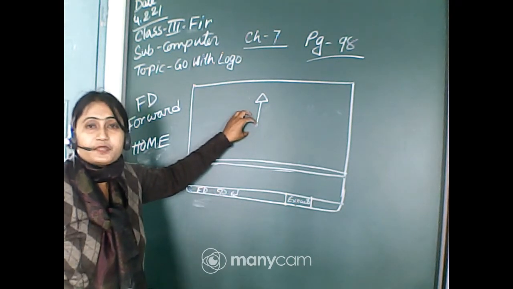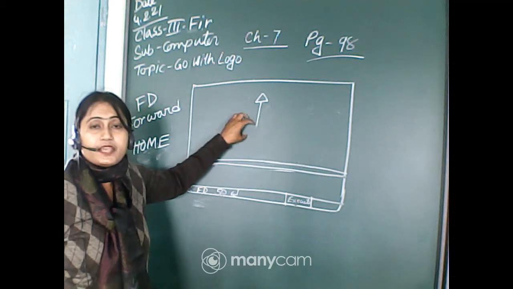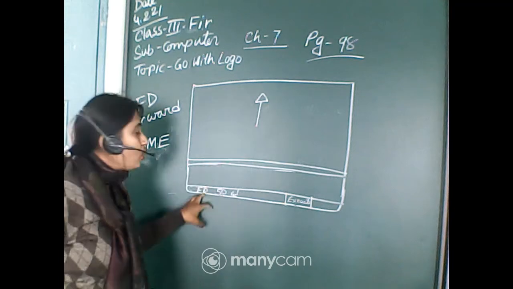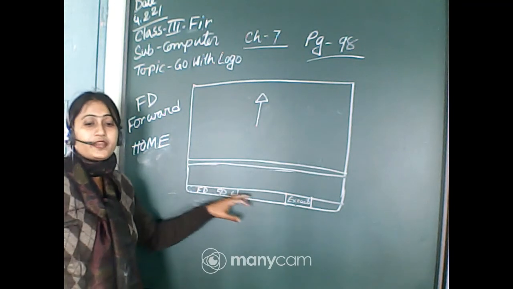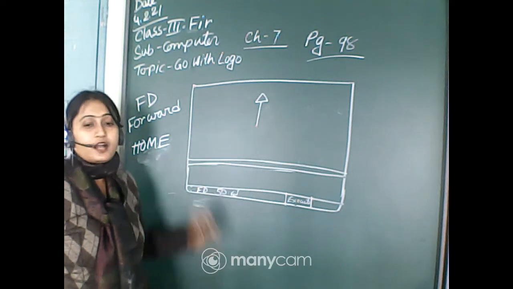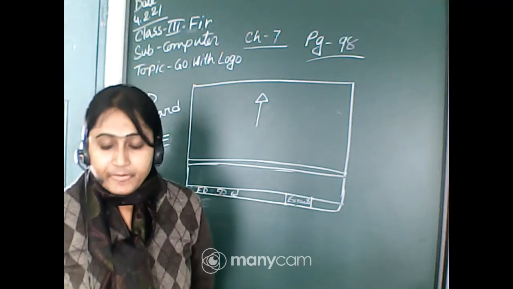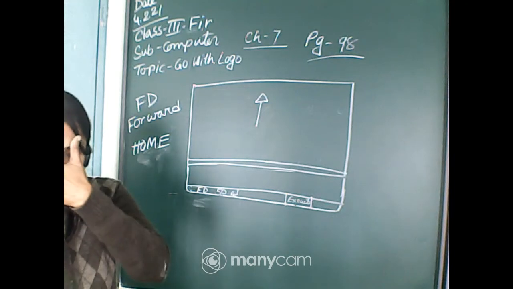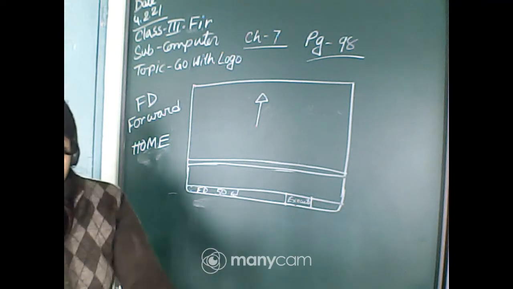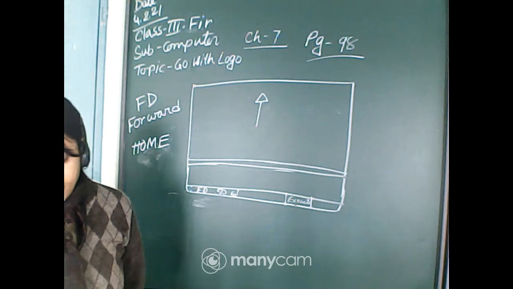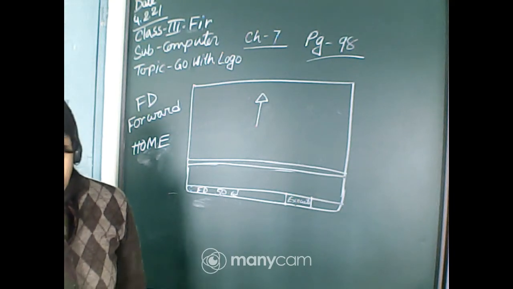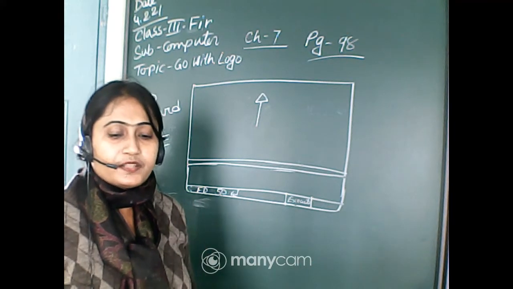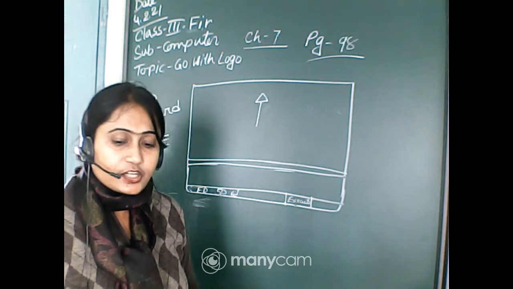Which is the home position of the turtle? Center of the main screen. Center of the screen, this is the home position of the turtle. If you write home and enter, wherever the turtle is, it will come in the center of the screen. Okay. Home is the place where the turtle resides. When you open logo, the turtle appears in the center. I already told, when you open the logo, always we can see the turtle in the center of the screen.